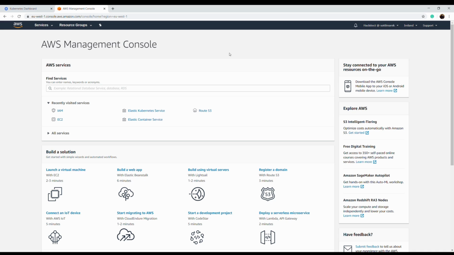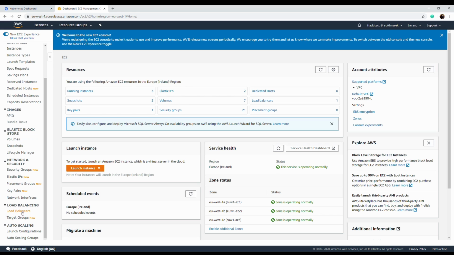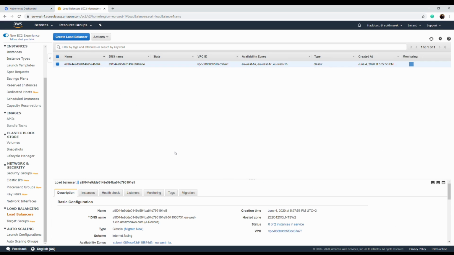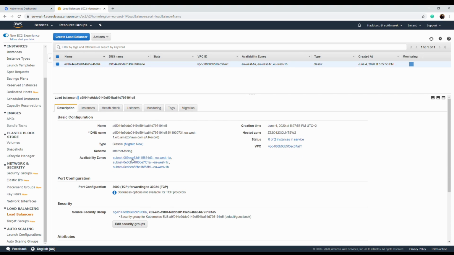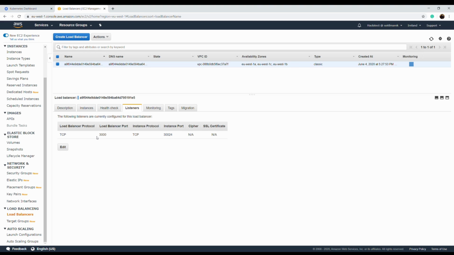Go to the AWS Management Console and have some fun with AWS stuff. So if you are in the AWS Management Console, let's go to EC2 and then to Load Balancers. In the Load Balancers, you should see our load balancer. There are the availability zones, an instance behind the load balancer, the health check, and a listener on